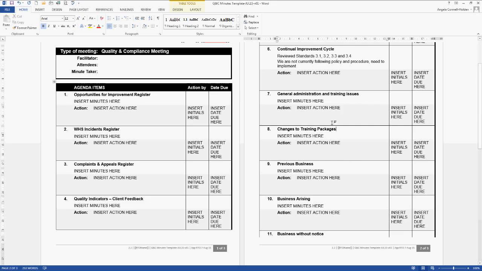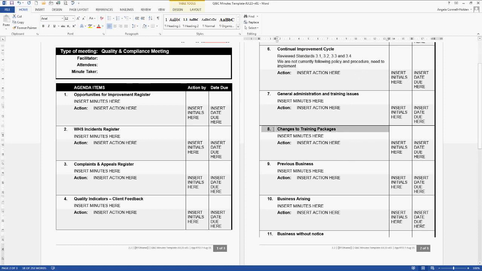Thank you. Okay, all right, what I'm going to do is share that desktop again, just so you can see those minutes again. We'll just go down to the end of the minutes. Okay. So that's where I was talking about general admin issues. Yes, you can certainly, if you had something that was happening and now it's not, and now we've decided to, so for example, that continuous improvement cycle, it could have been the policies and procedures. We're supposed to be doing this, but we're not. Why aren't we doing that?